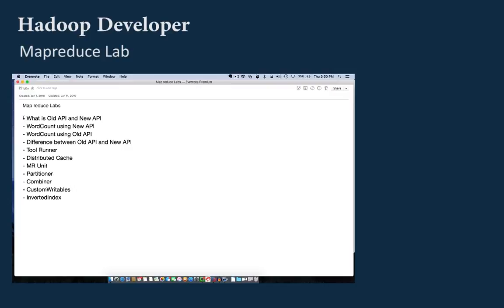So what we've seen so far: we've seen what is old API and new API. We've understood the differences between the old API and the new API. We've understood word count using the new API. We've had a complete code walkthrough of the new API. We've seen word count with the old API. We've seen the differences between old API and new API. And we've seen how to execute